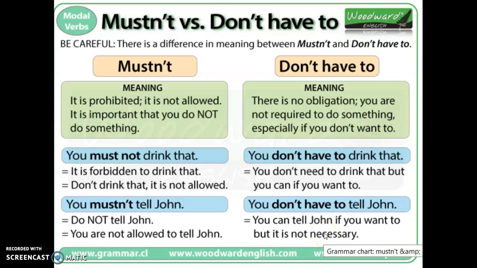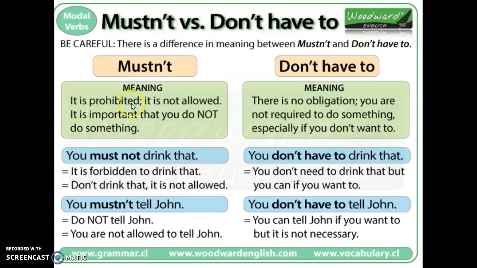And well, now let's continue with the negative structure of must, which is mustn't. Notice that it is a contraction of must not, versus don't have to, which is a contraction of do not have to. Let's be very careful with these two because there's a difference in meaning between mustn't and don't have to. Mustn't, for instance, means that